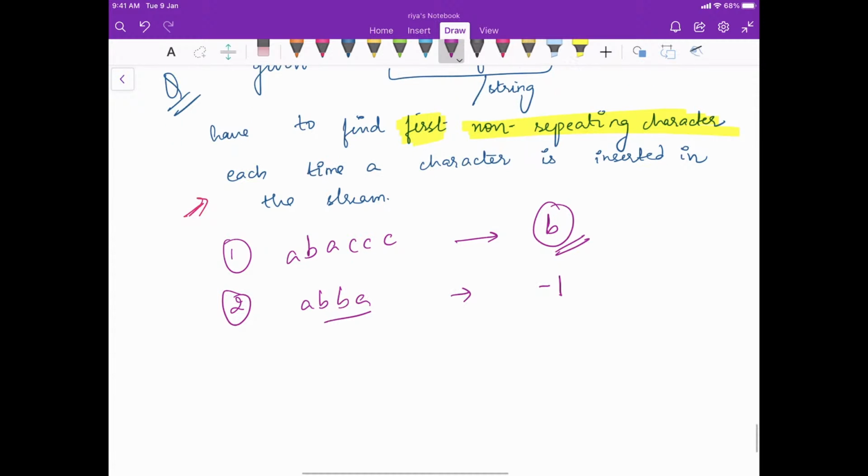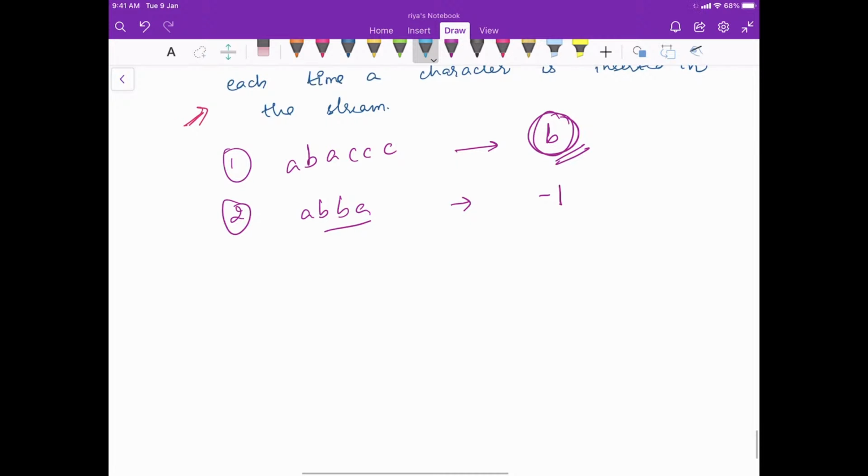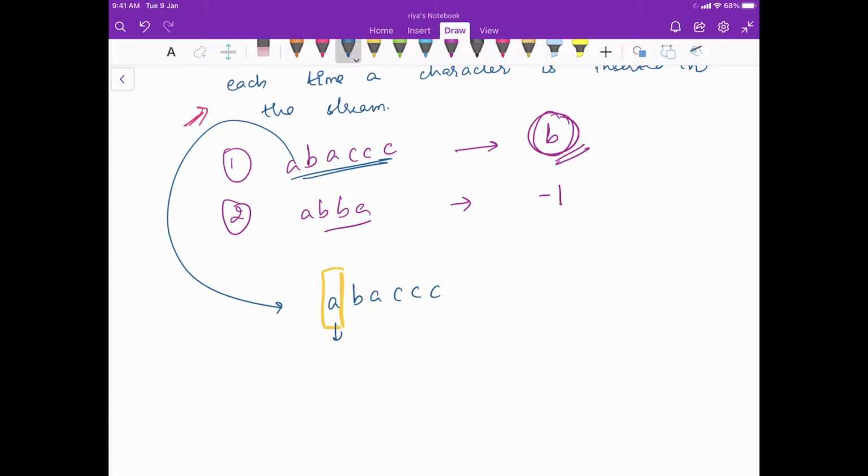ठीक है, so you don't just have to print the final value. ठीक है, आपको फाइनल वैल्यू नहीं प्रिंट करनी, आपको तो कैरेक्टर एक एक करके मिल रहा है ना, so you have to print for each of them that till now, till this character the unique character is going to be A, है ना. Till now let's say one more character comes and this becomes the stream, so the answer is B. For these 3 characters the answer is going to be B, है ना. For these 4 characters the answer is going to be B, B, B, है ना.